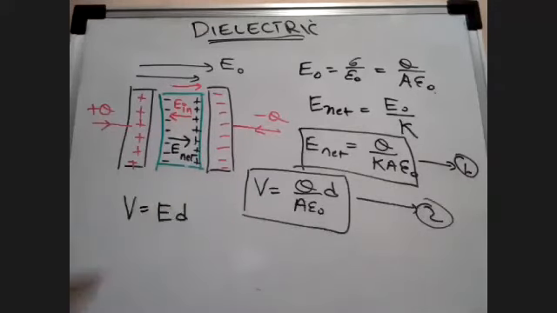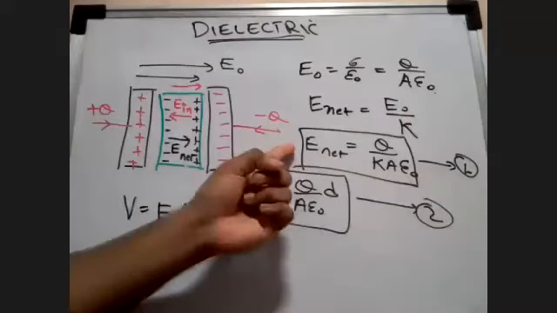Remember this formula, it also comes in handy. You will have to remember all this. So V is equal to E into d. The way to remember is not by heart; just keep deriving the expression and you'll understand. So if V is equal to E into d, now I got the electric field due to what?